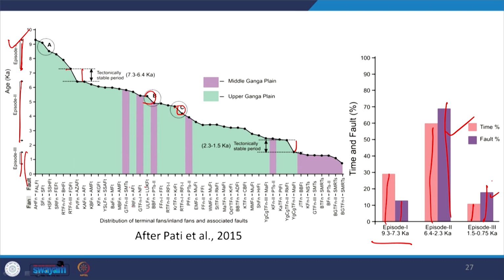So, if we predict from 10,000 years, 9,300 years up to the present day, up to 0, then we can say in the Ganga plain the rate of surface rupture process has increased from early Holocene to present days. So, this is the prediction. Through this prediction we can say when the next surface rupturing event is waiting.